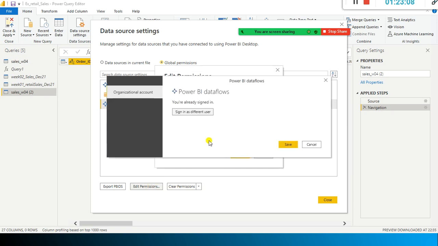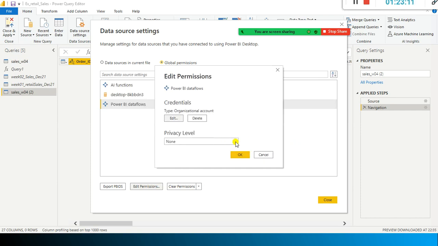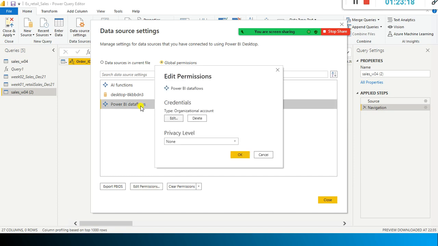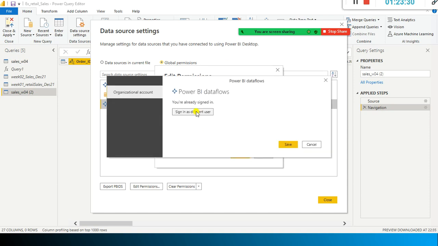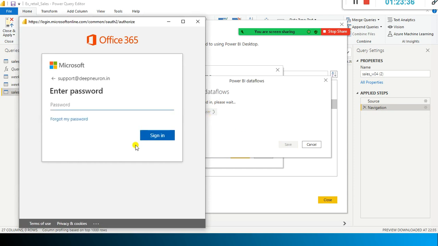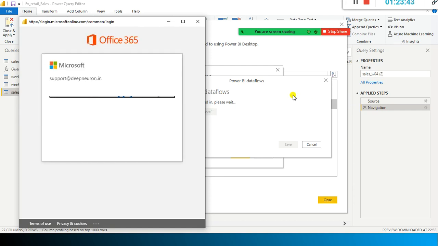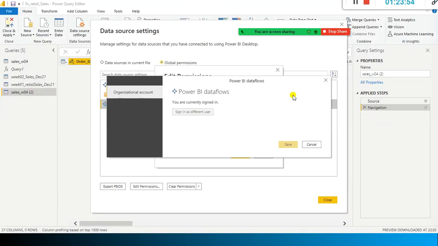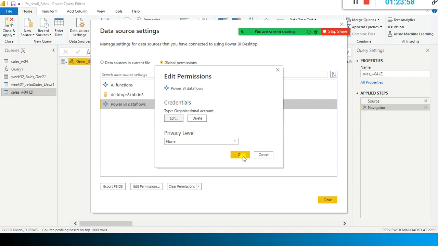I think better I will use... So all these things are the admin's job, but only this part, they will ask you to download it. They will guide you how to do that.